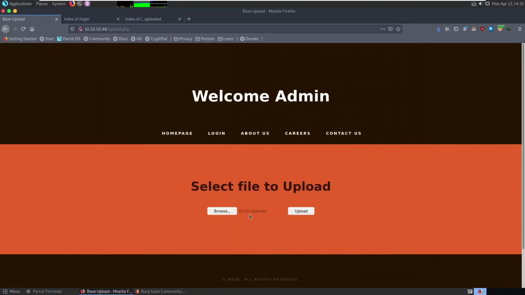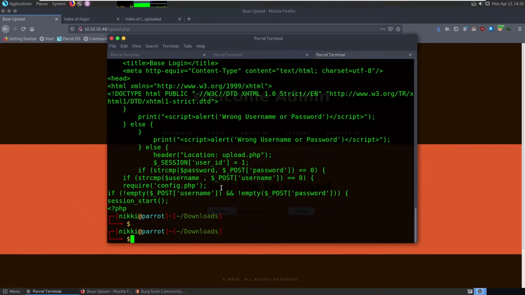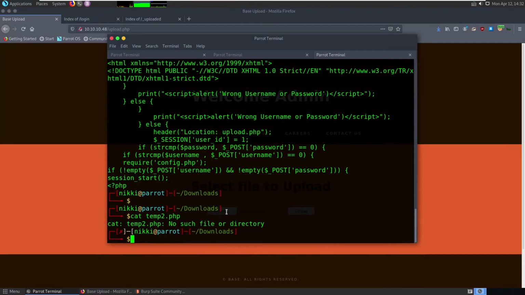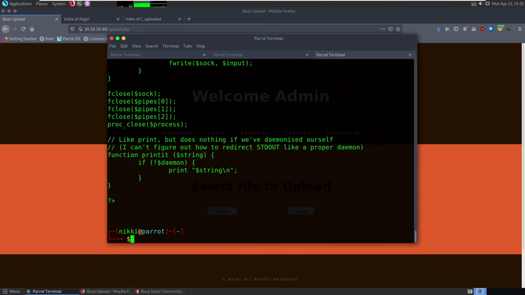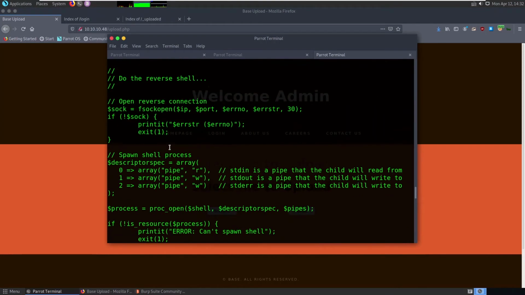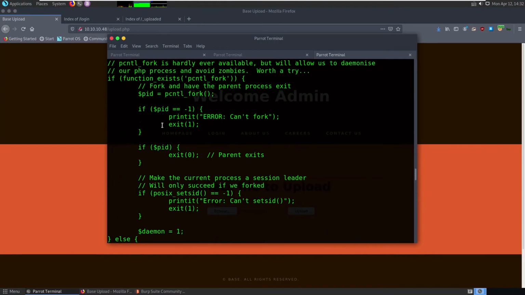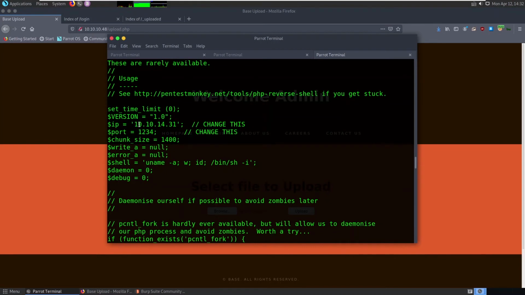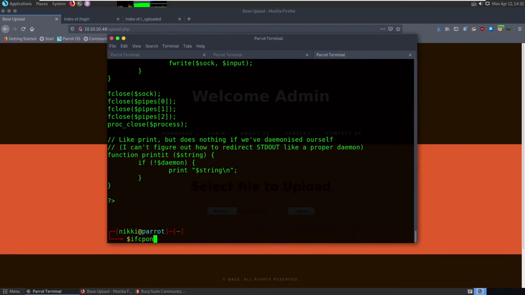Okay, now we need to upload a reverse shell file. So you can just download from the Pentest Monkey, or you can also search in your Kali Linux. So you can see here you need to change the IP address and the port number, and I think I have already changed this one.